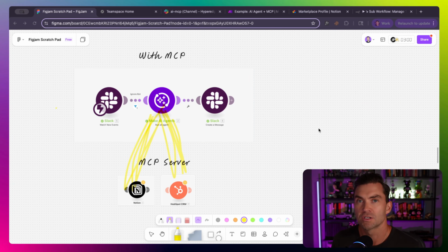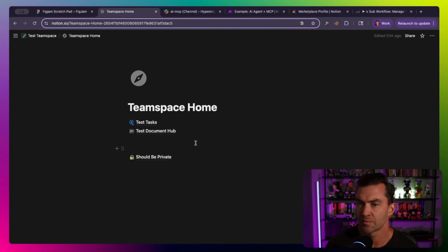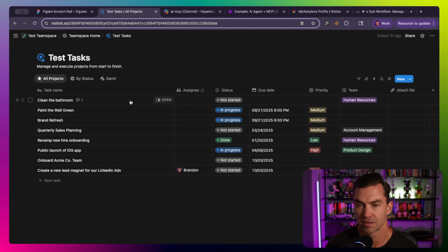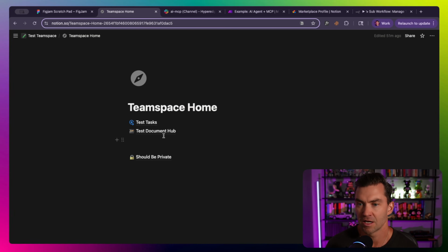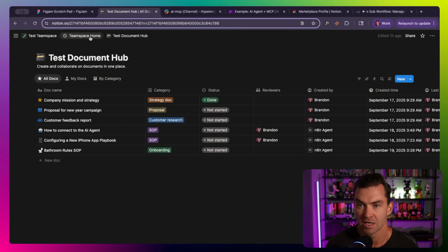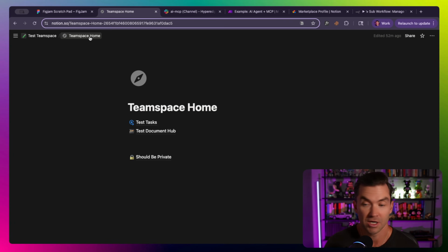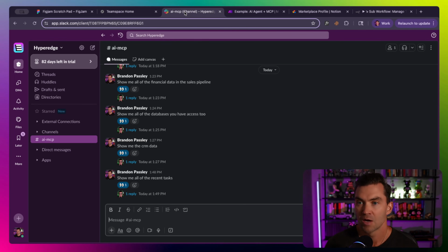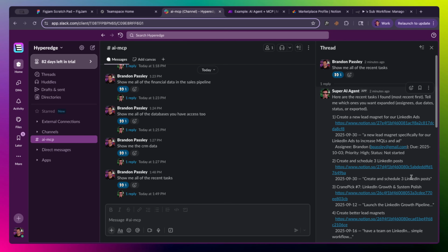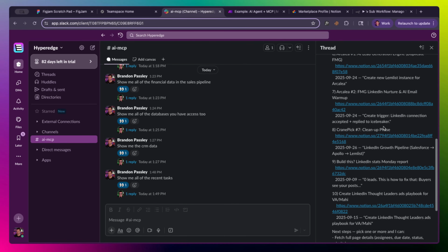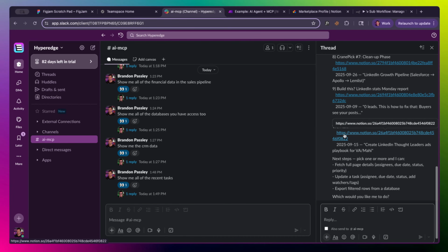So what I walked through last time was connecting Notion's MCP server to Slack to ultimately make some type of AI agent. So within Notion, I set up a team space and I had a test tasks database and a test document database that we could have the AI agent connect to and say, create some tasks, create some documents, read them, update them, assign them, filter them, different things. And within Slack, I could ask questions like, show me recent tasks. And you can see all the tasks that we had, and it has links directly to them,